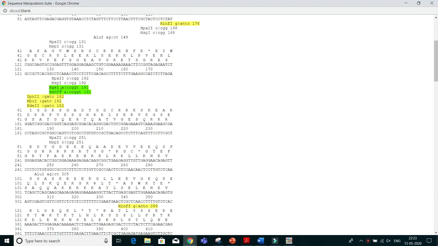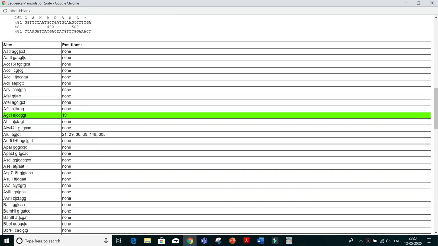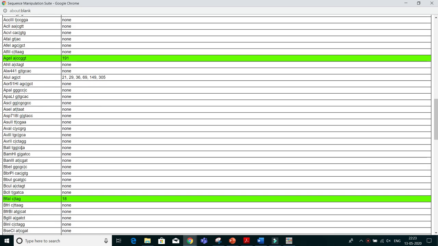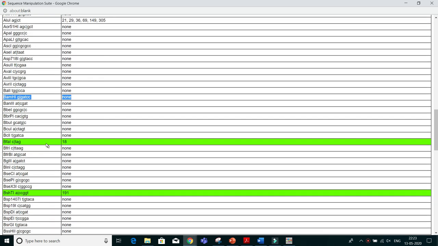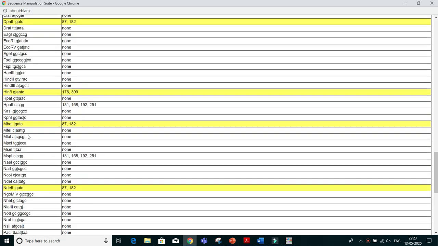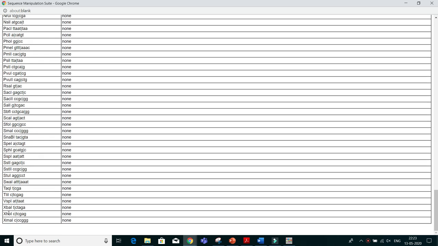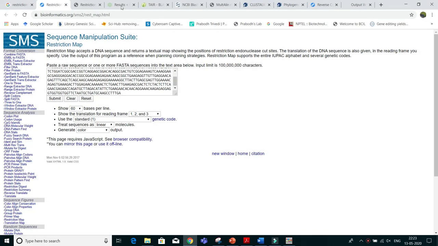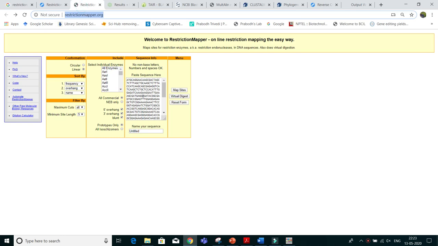See, now because I have used BamHI, BamHI is a non-cutter, means zero cutter, and second I have used XhoI, so XhoI is also a non-cutter, means zero cutter. So this is one, and the second is Restriction Mapper.